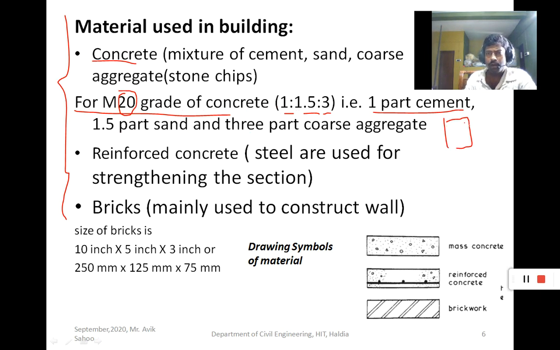because the cement and water react and make an adhesive paste which keeps all particles together. So this is called the nominal mix, which is used at site. If I follow this proportion, then we can make the M20 grade of concrete. And the water amount is 30 liters you have to add.